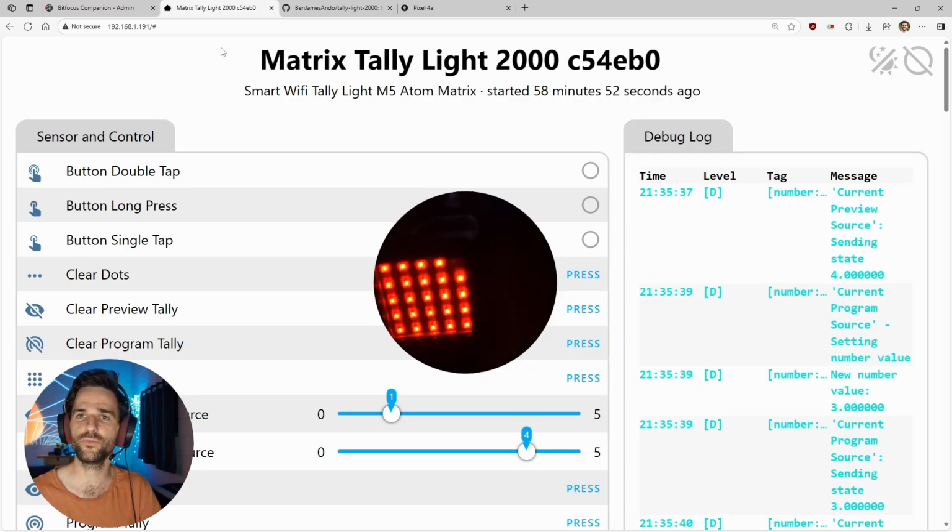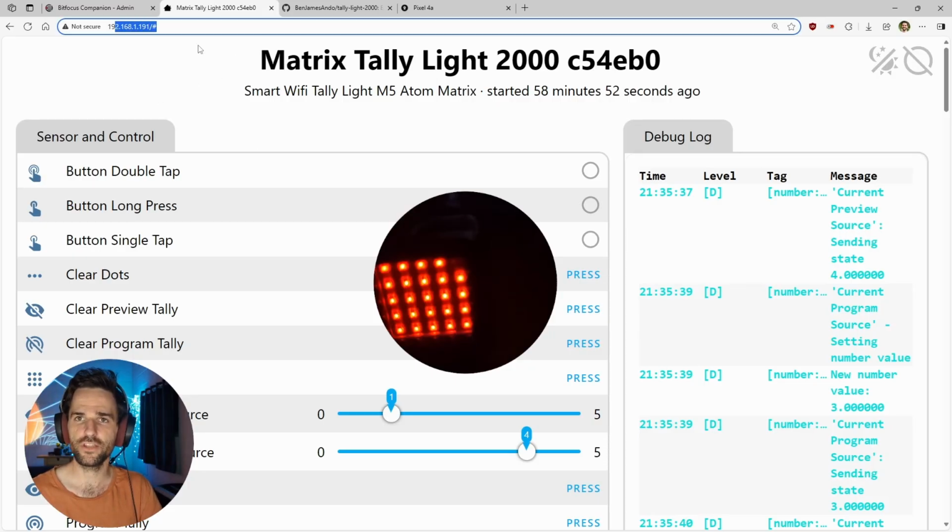Under the hood, it's running ESP Home, which is a free and open source firmware that you can run on these sorts of devices. And I'm going to keep it that way. Everything I'm showing you today you can get started with on your own without having to pay for firmware. You will, of course, need your own tally light. In this case, the M5 Atom Matrix, but you can get them quite cheap online. And I'll show you how to get started with that. But let's take a look at the firmware.